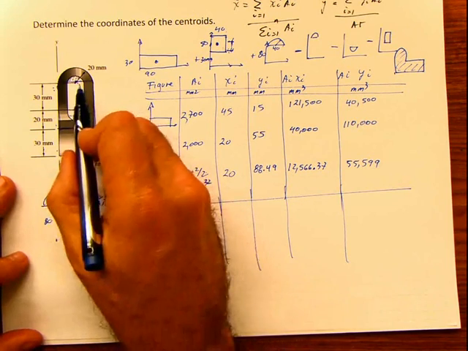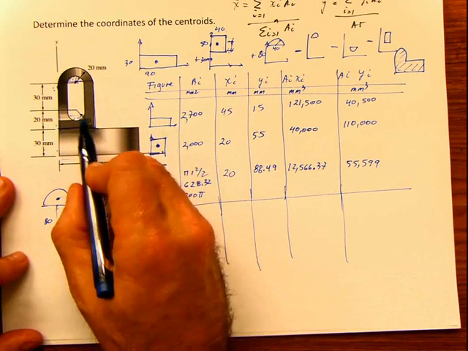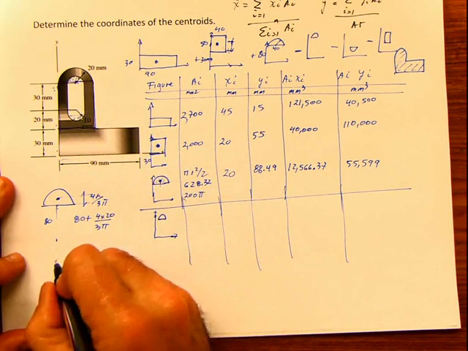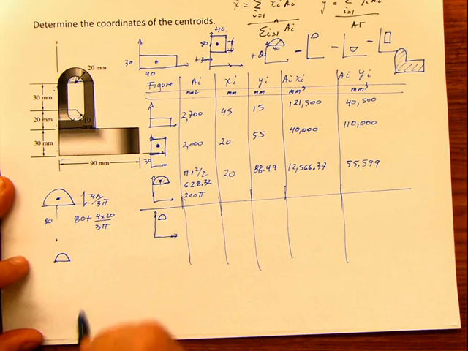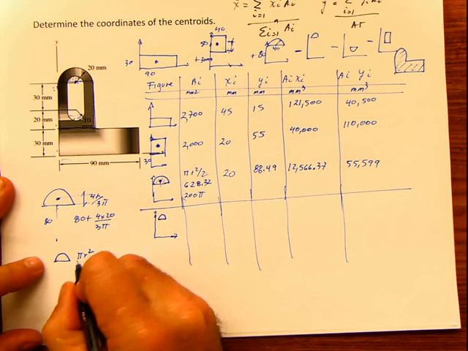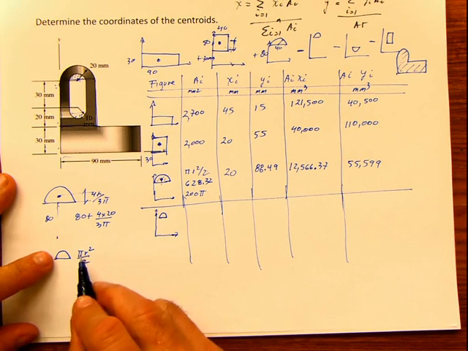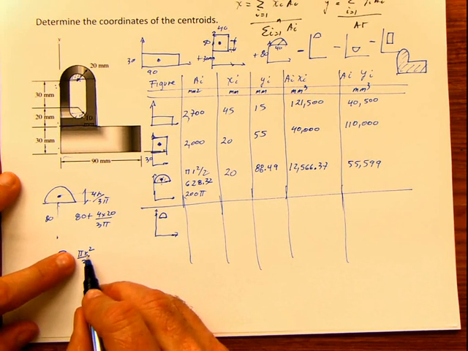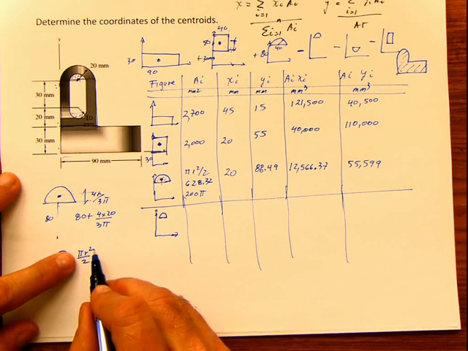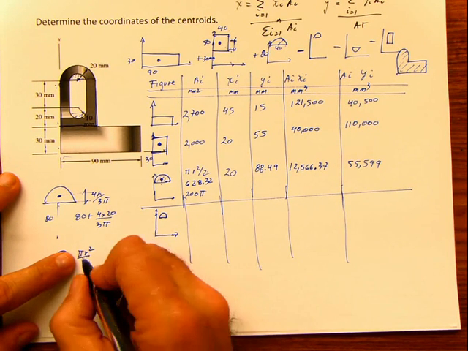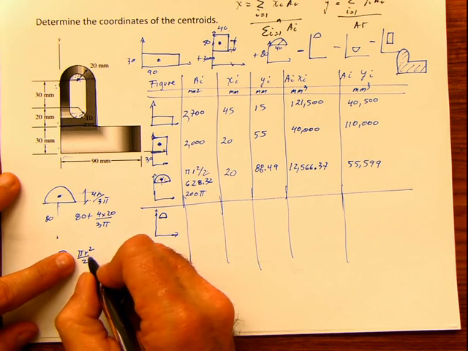The radius for that small area is 10. So pi r squared divided by 2 is going to be my area, which is pi times 10 squared divided by 2, which is 50 pi,